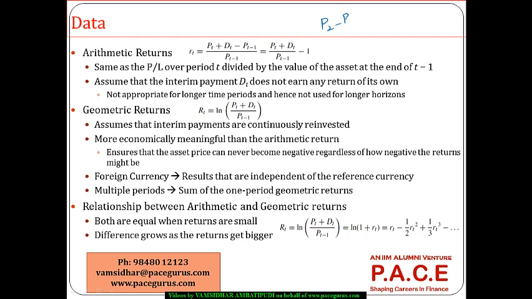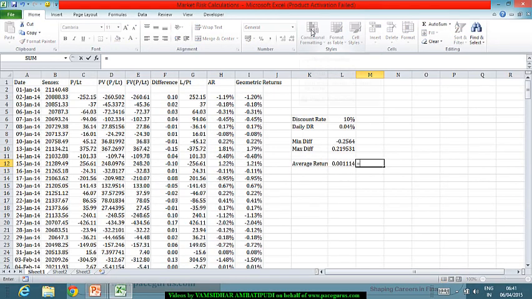P2 minus P1 by P1, plus P3 minus P2 by P2. The average is very difficult to compute. It is not the same as if I am looking at